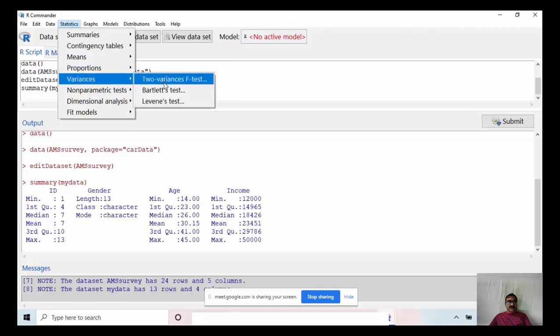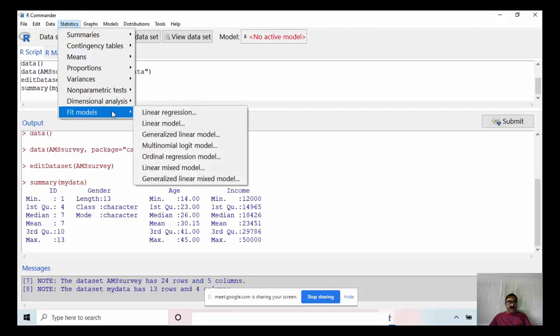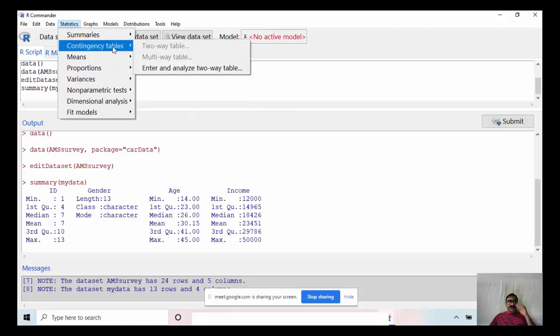Similarly, variances, it is showing. Fit models. The advantage of this is it will suggest which statistical procedures are suitable for the analysis of your dataset. This option is not available in SPSS. In SPSS, if you click on any menu, all the options under that menu will be shown. But here you can see contingency tables. These two are not highlighted because these two are not suitable for my data.